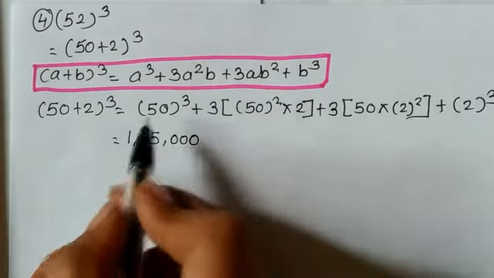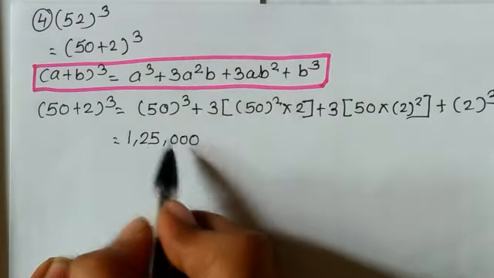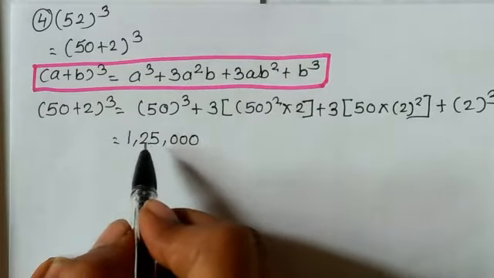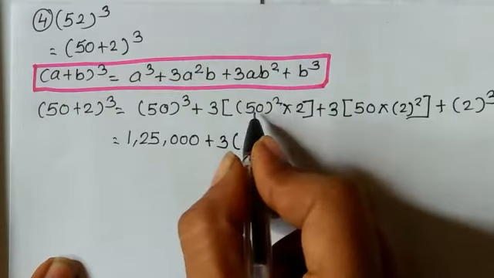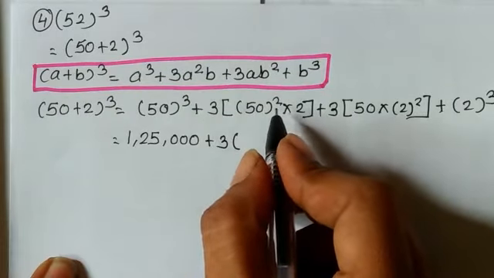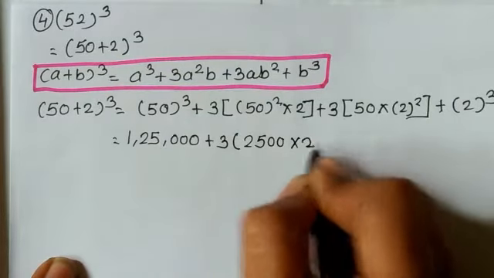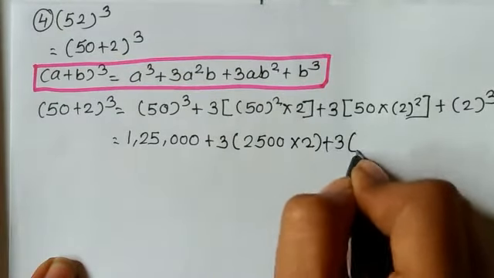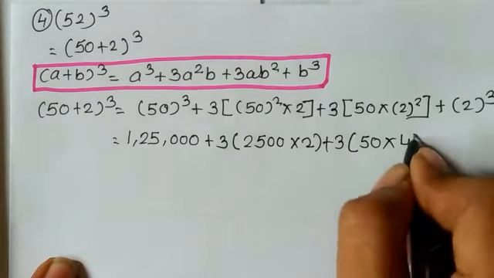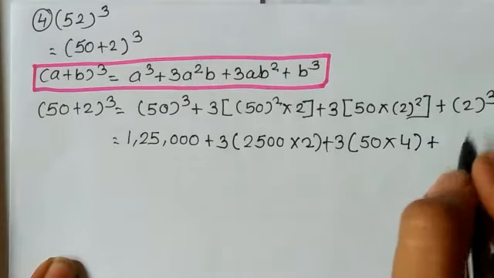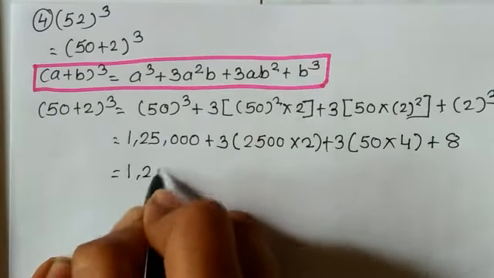Cube of 50 is 1,25,000. Cube of 5 is 125 and cube of 0, so 3 times 0, if you calculate it, you will get the same number. Plus 3 will be as it is. The square of 50 is 2500, multiply with the 2, plus 3 into bracket 50 multiply square of 2 will be 4, bracket complete. Cube of 2 is 8. Let's go ahead. 1,25,000